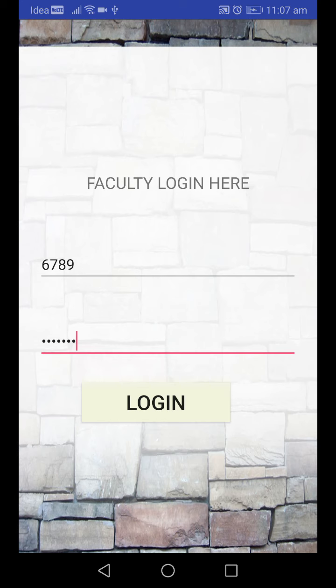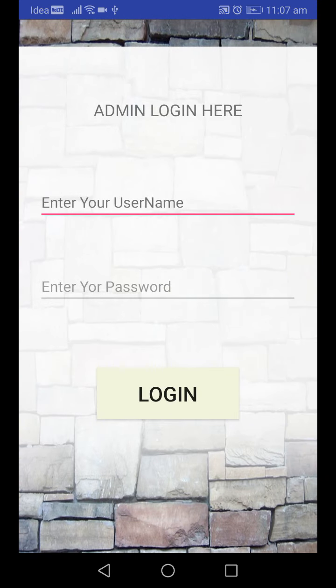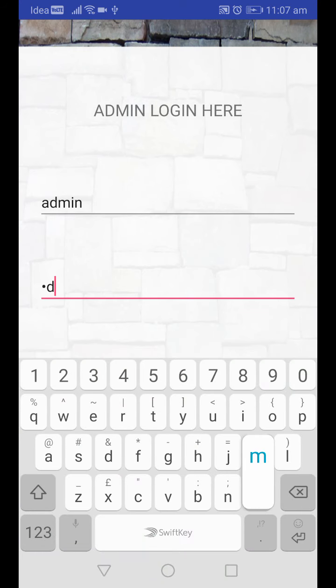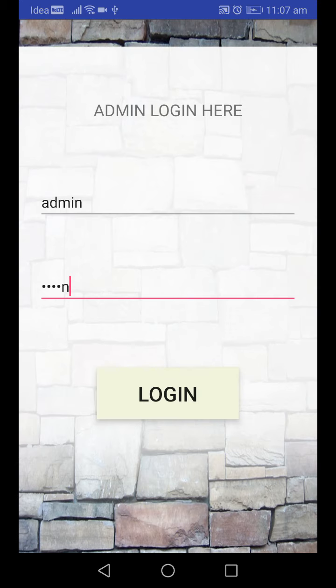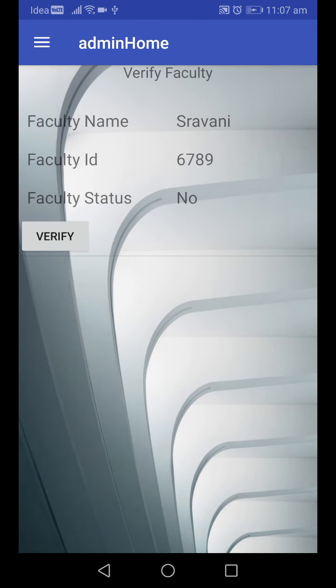Now I try to log in with my ID and password. I'm not entering the home page. I'm getting invalid login details. Why? Because I'm still not verified by the admin. So I went to the admin. After logging in as the admin, when I click verify faculty, my status is still no. When the admin wants to verify, then